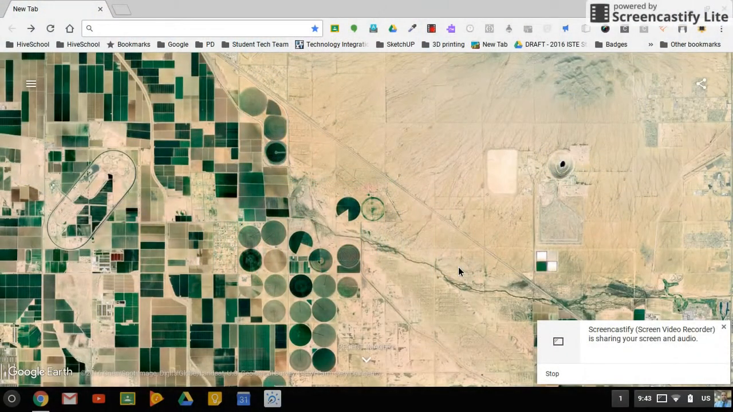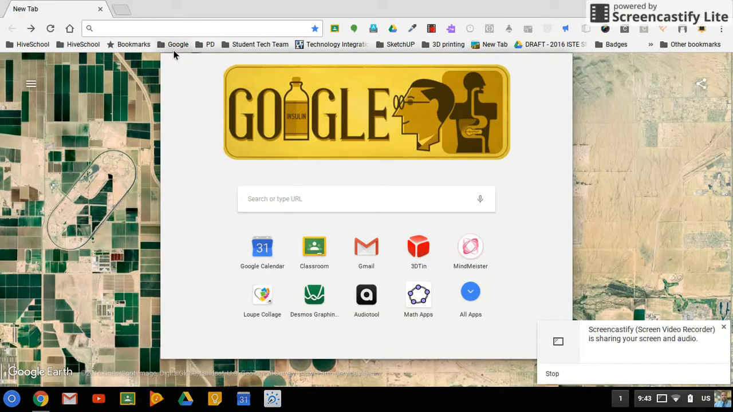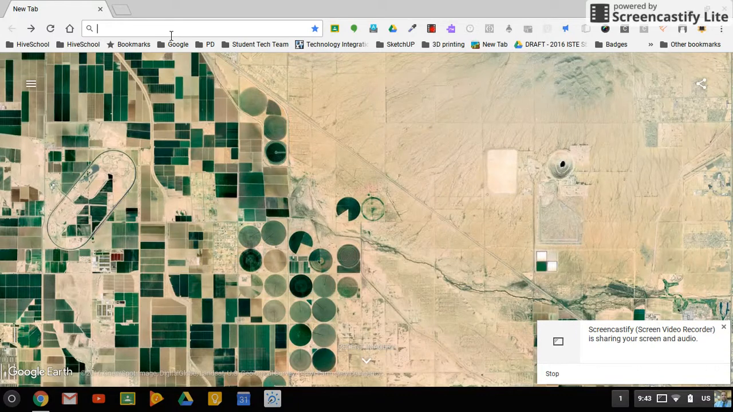In this tutorial, we're going to show you how to get started using Google Classroom. The first thing you're going to want to do is click the Google Classroom app if you have it pinned or if you have it available in your apps, but you can always go ahead in the address bar and type in